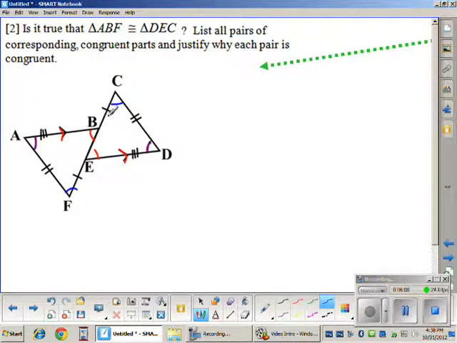Well, if you're paying close attention here, I know that FE is congruent to BC. And I have this middle segment that is shared. If I do some addition, if I add FE to BE and CB to BE, that should be enough to conclude congruency. If these pieces are the same and they share the middle, adding same parts to same parts should result in the same measurement, therefore congruency. So the answer ultimately is yes. If we're going to make a congruency list,